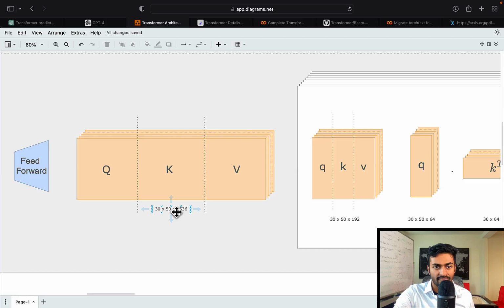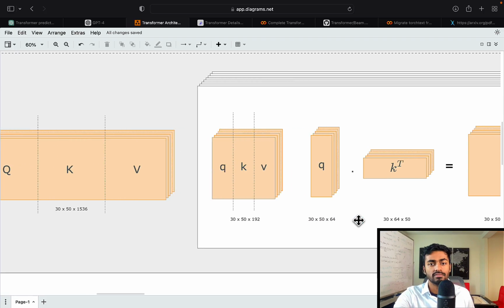So this 1536 dimensional word vector for every single word is going to be broken up into 8 pieces. So we have this query part, which is going to be broken up into 8 pieces, the key part broken up into 8 pieces, and the value part broken up into 8 pieces. Each piece is essentially going to be a 64-dimensional vector if you do the math. So that's 64 dimension of the query, 64 dimension of the key, 64 dimension of the value, and we stack them kind of in this way to get 64 times 3, which is a 192-dimensional vector representing every word for